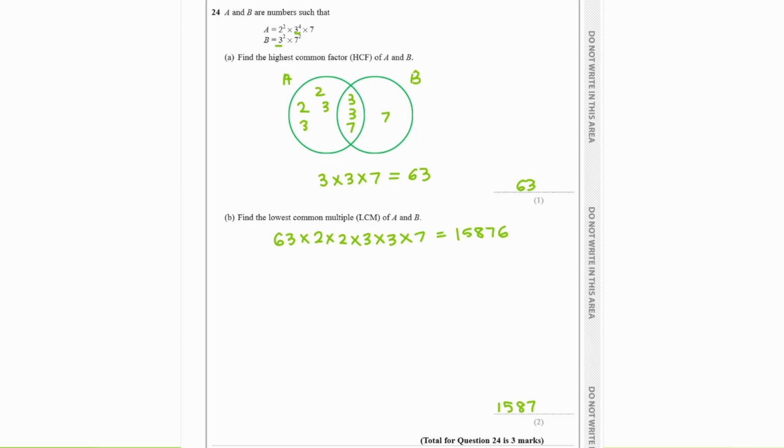15,876. So part A was a 1-mark question, and we would have got the 1 mark for getting a correct final answer of 63. Part B was a 2-mark question, and we would get 1 mark for correctly knowing the method of multiplying all the factors in the Venn diagram, and a 2nd mark for getting a correct final answer of